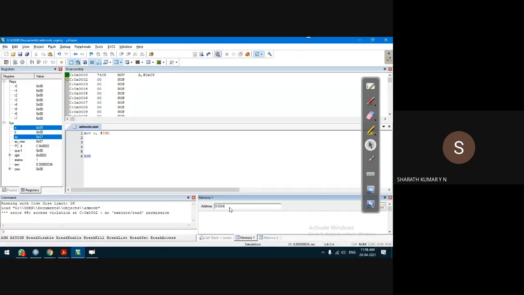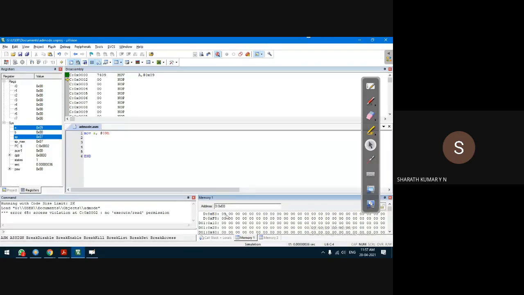You have to use 0x E0. Capital E0, of course. Even small e will work, no problem. Just for similarity, we use capital. Type 0x E0 and press enter. You can see that particular location where the data is transferred.